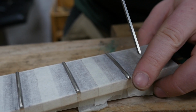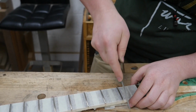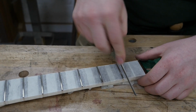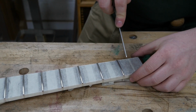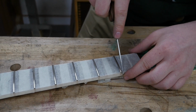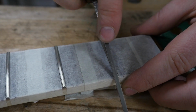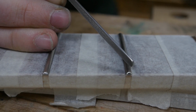The motion I'm going to be doing for this is dead straight, and I'm going to rotate. So this kind of a motion. It's important not to twist off or go out of parallel at any weird angles. You need to keep it dead straight and rotate 90 degrees. You want to get the whole way up and over this fret. So just like that. What we end up with is a very thin, very neat bevel that goes the whole way